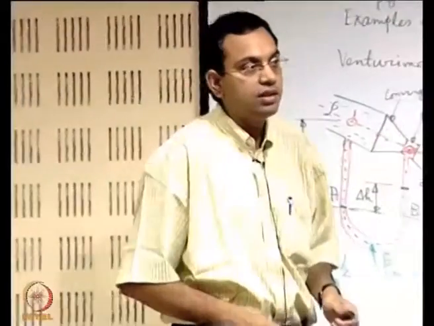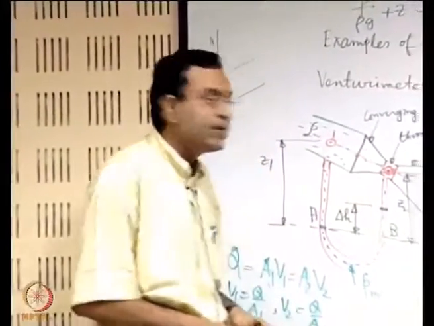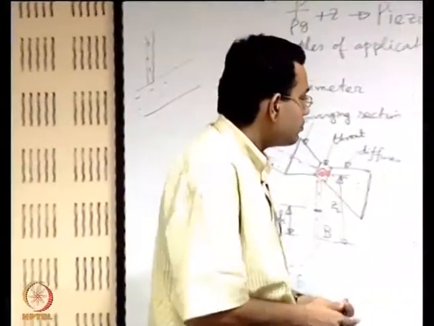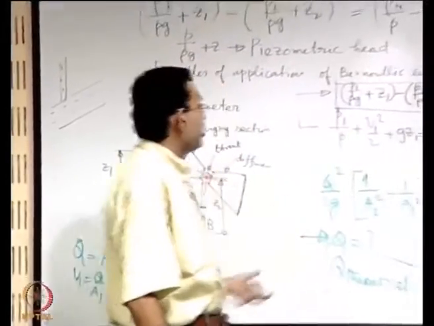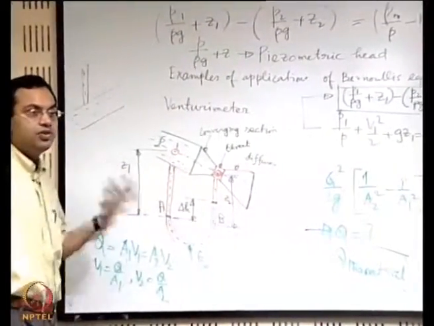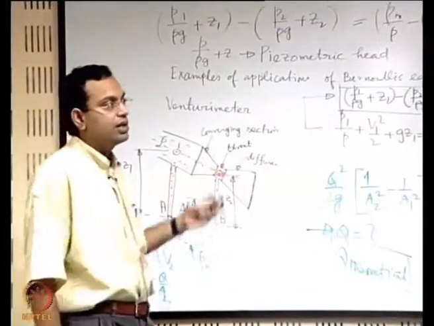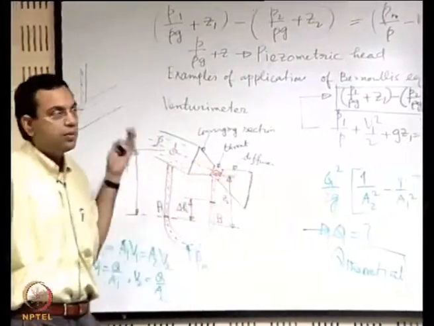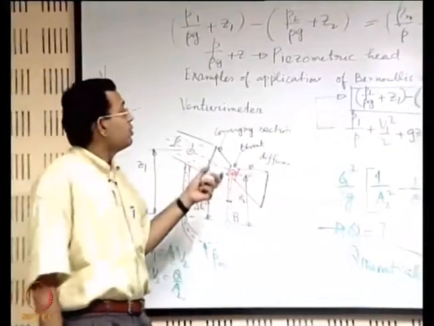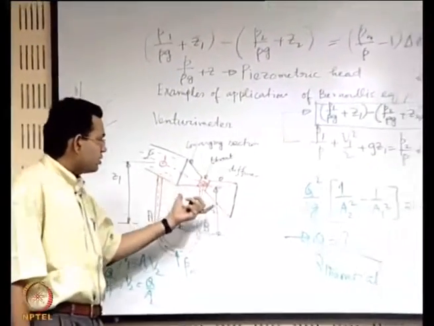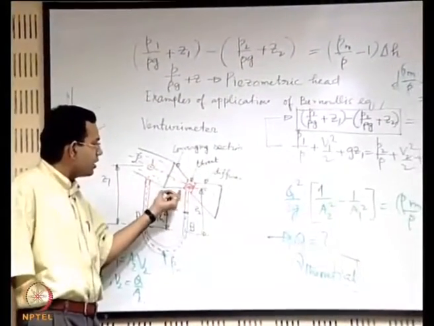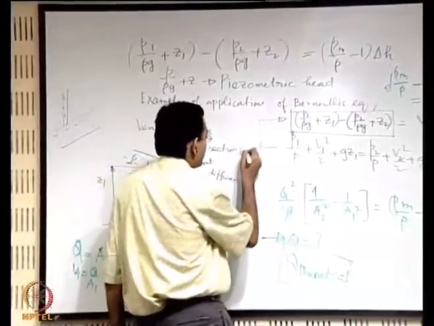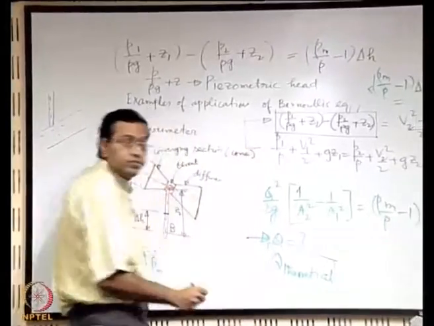In our previous lecture we were discussing the Venturi meter, and we will continue with that as an example. If we recall, what was the purpose of the Venturi meter? The purpose was to measure the flow rate, the volume flow rate, through a pipe. For that we utilize this type of arrangement where you have a converging section, which is sometimes also called a converging cone.